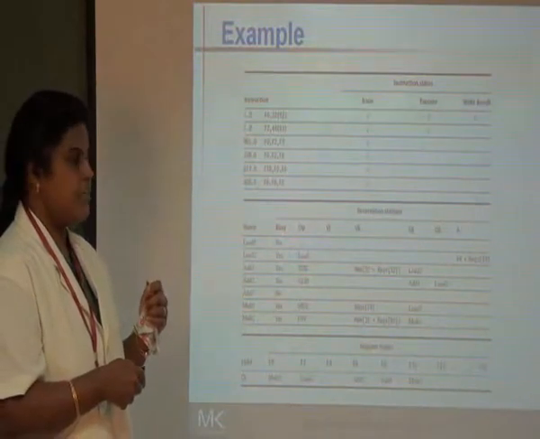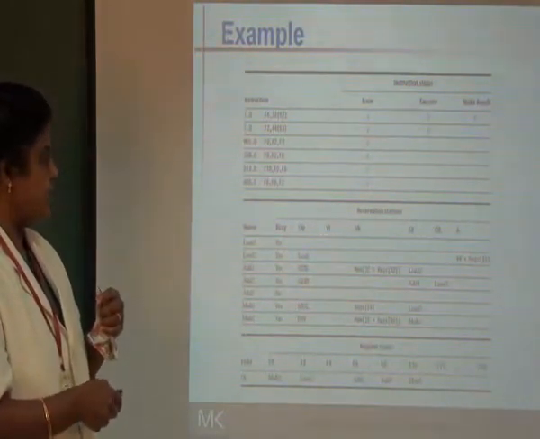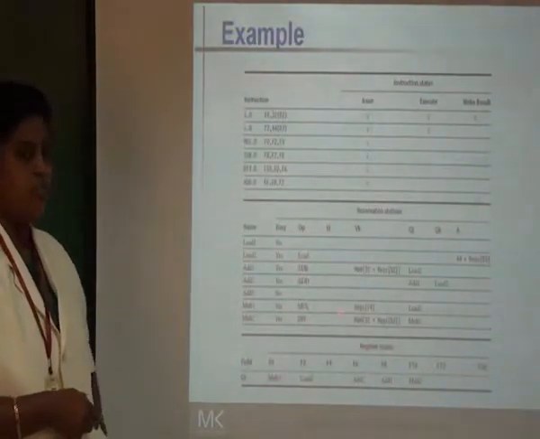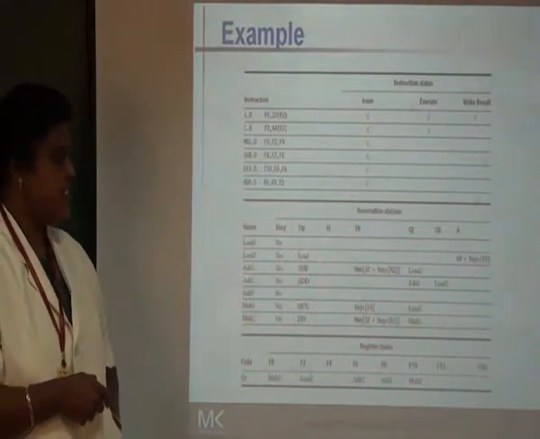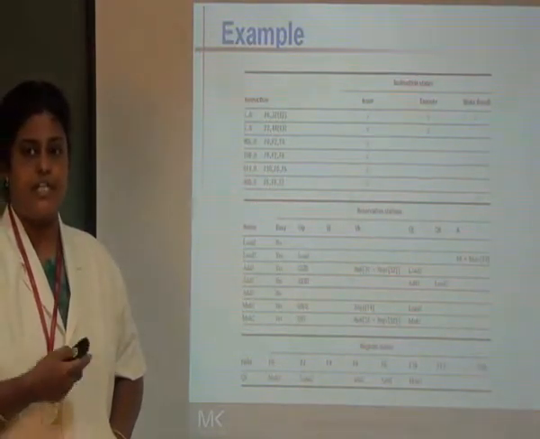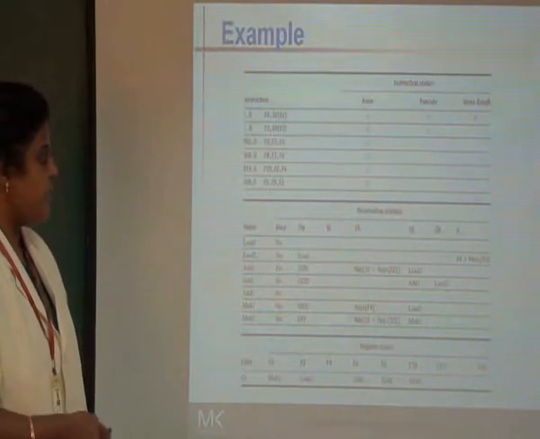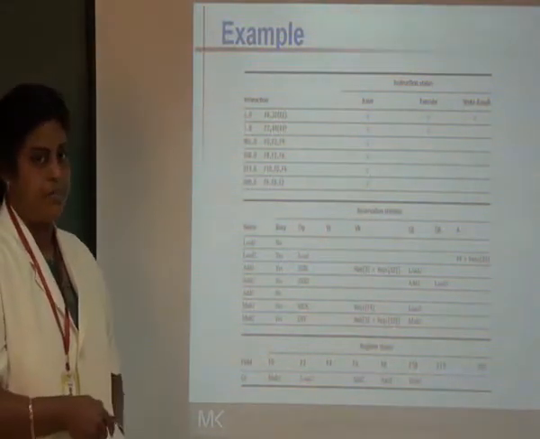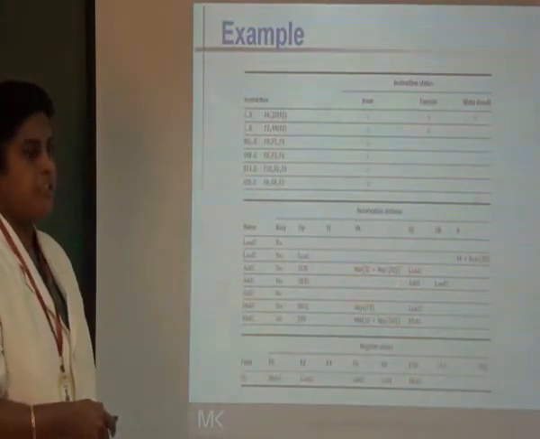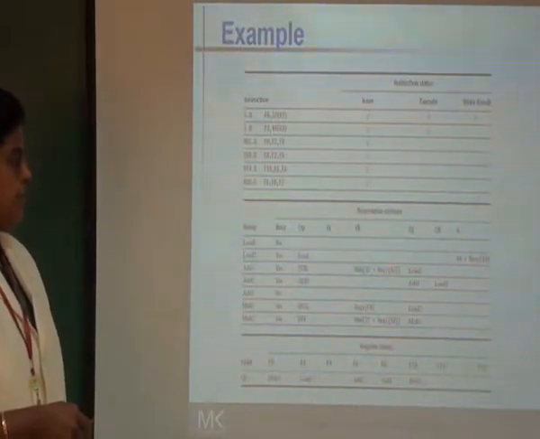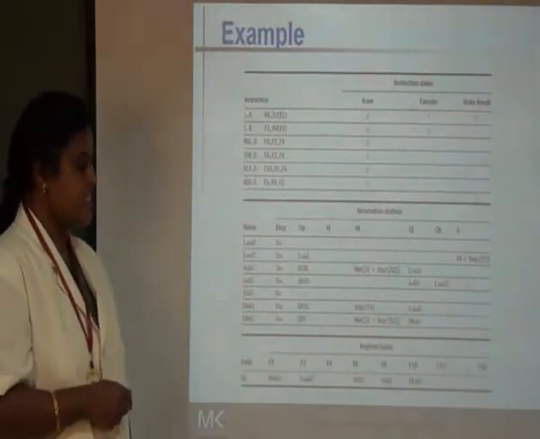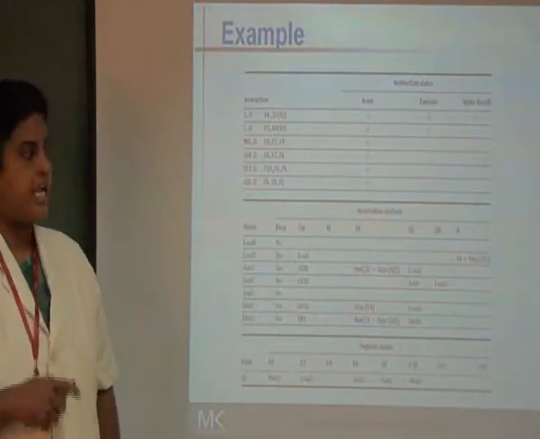One is the busy bit. The busy bit tells you whether the reservation station is busy or not, and the operation tells you the type of operation to be carried out, in the sense that it is a load operation, a subtraction, a multiplication, or a division operation. Vj and Vk are the values of the source operands. The value will be in a memory location pointed to by 32 plus register 32, and Qj and Qk are once again the instructions or the type of operations to be carried out.